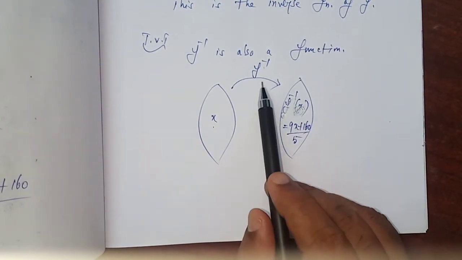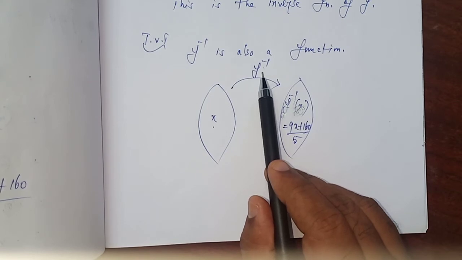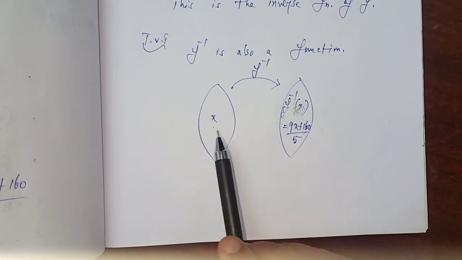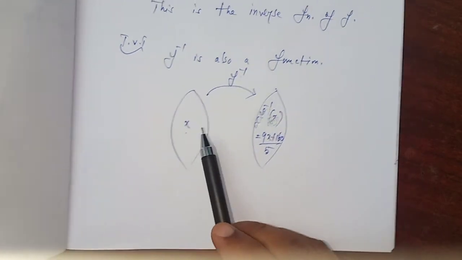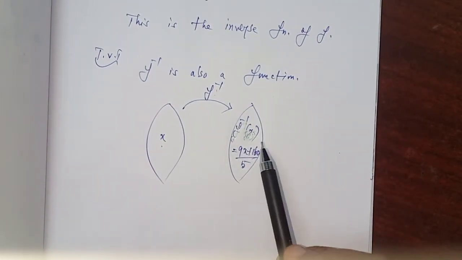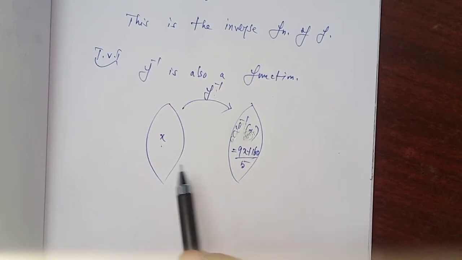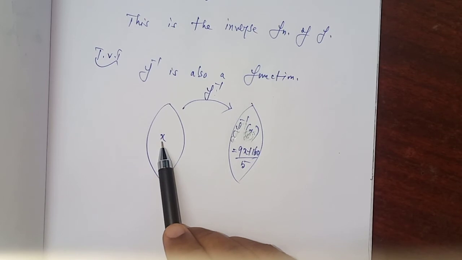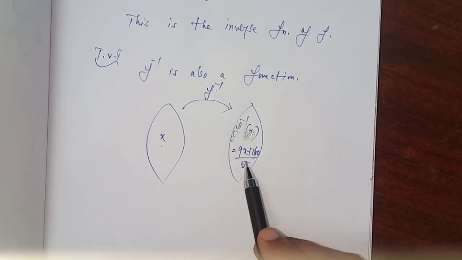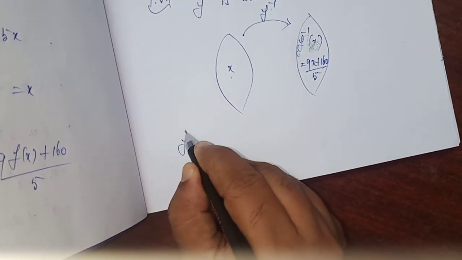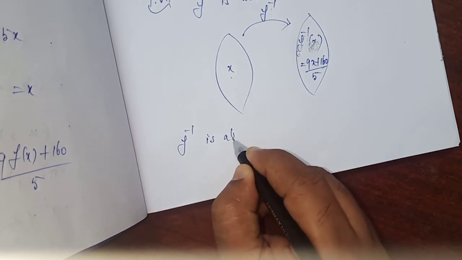We have to verify that f inverse is a function. What is the definition of a function? Each and every element of the domain must have a unique image in the codomain. Definitely, for different values of x, you will get different values of f inverse of x in the codomain. So f inverse is also a function,